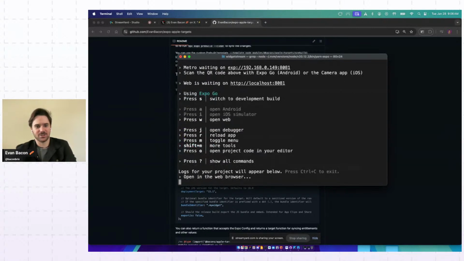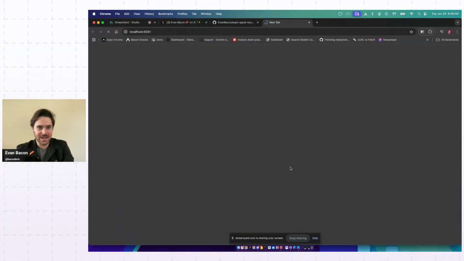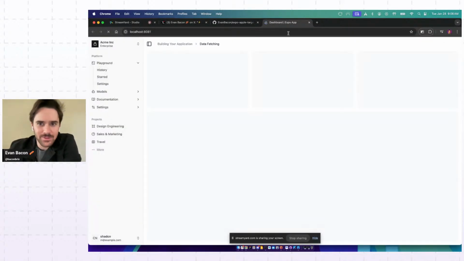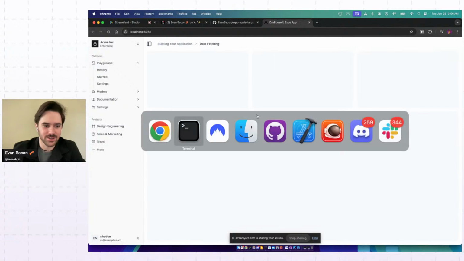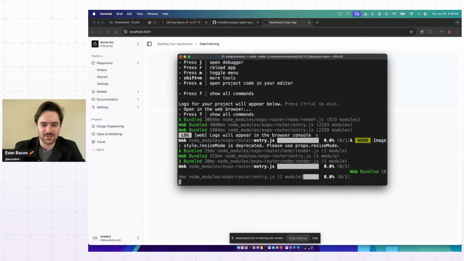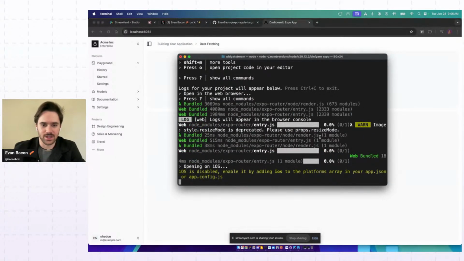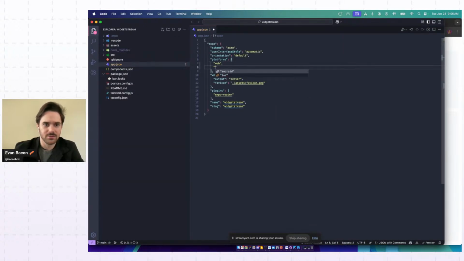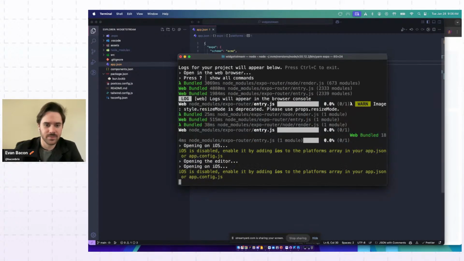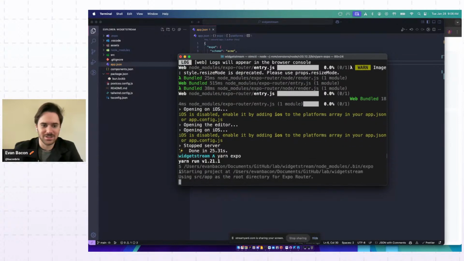Open up the project. Let's open this on web really quick, just to see what we've created here just by bootstrapping. And we've got this beautiful web UI, all responsive, looks good, feels good. And then I think we should be able to get this kind of working on iOS, but I have it disabled here in the platforms. So I can add iOS over here, hit I, restart this, hit I,